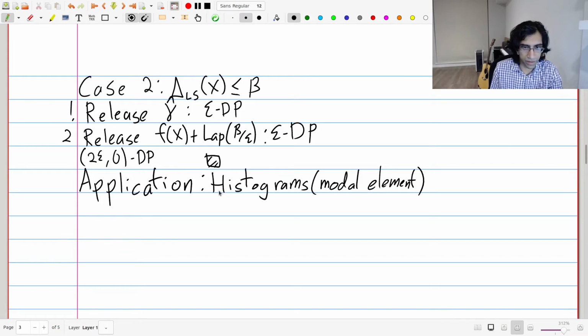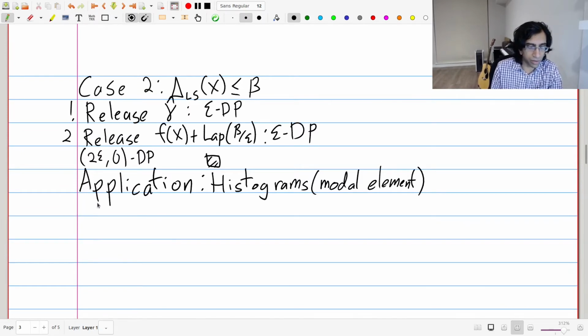That is, what do we mean by computing the entire histogram? We mean that we want to get an estimate of every count of every item in the histogram, with only additive error in each one. But we'll see that we can essentially do it with the same type of accuracy for both settings. But the modal element is a lot easier to describe, and the algorithm we can actually tell you about today. Okay, so